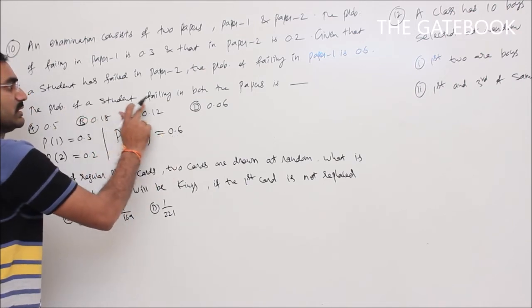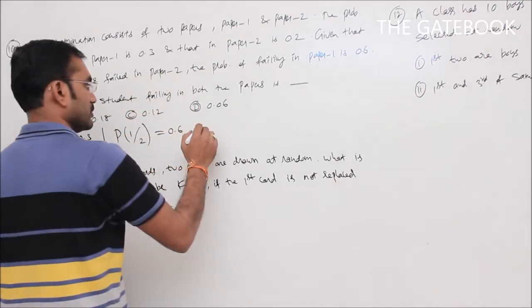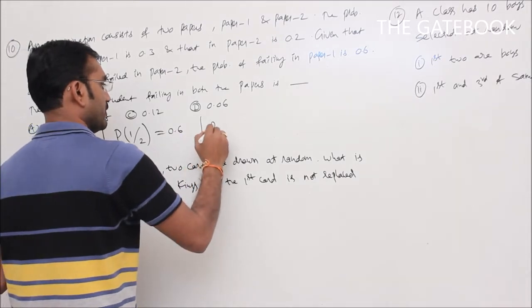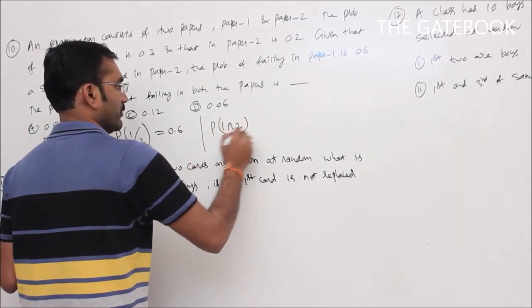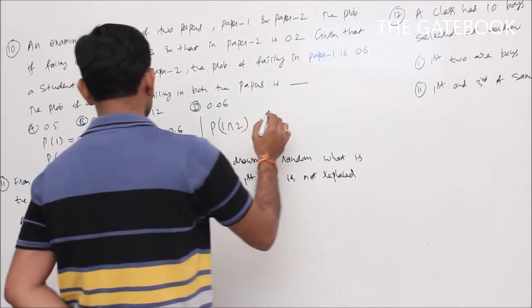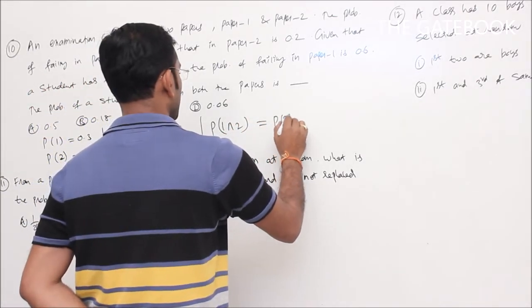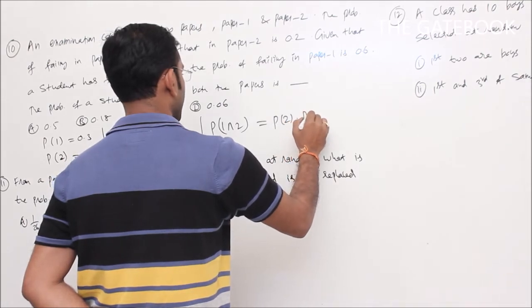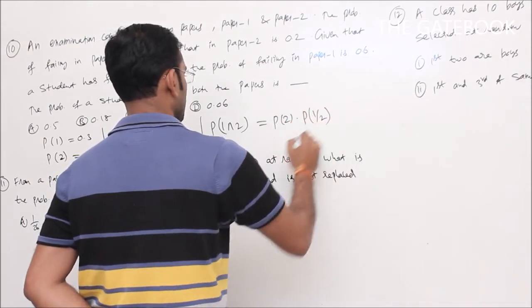The probability of a student failing in both the papers. So failing in both the papers means you have to find out P of 1 intersection 2. Failing in both the papers. So I can write this one as P of 2 into P of 1 by 2. So using that